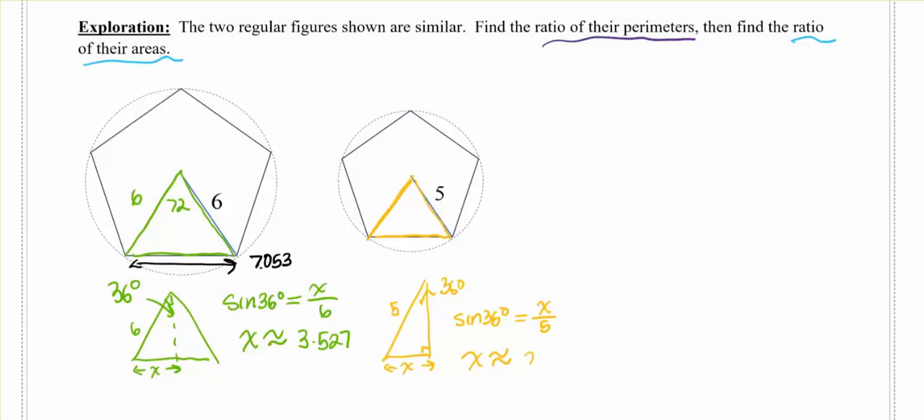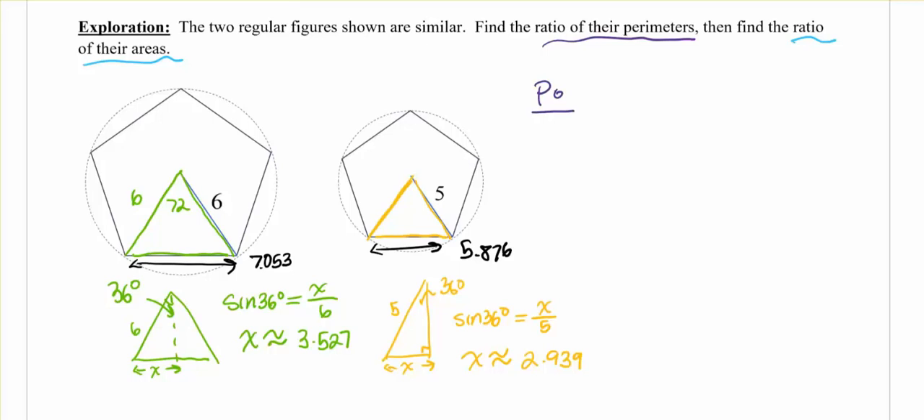Okay, when I calculated it, I got 2.939, so 2.939 times 2 gives me 5.878 here for this length. Okay, so now I'm ready to calculate their perimeters, the ratio of their perimeters. So I'm going to find the perimeter of the one of radius 6 and the perimeter of the one of radius 5, and all I need to do is take the numbers I calculated for their side lengths and multiply by 5. So for the green one, I ended up with 35.265, and for the orange one, I got